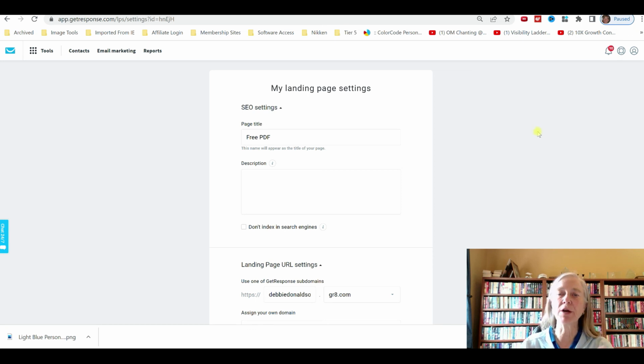So if you've got a welcome email, here's your PDF, then that's the email you would want them to start on, because if you're promising something free, you want to make sure that they get whatever it is that you promised right away. So that is how you connect up your free PDF to your email autoresponder,